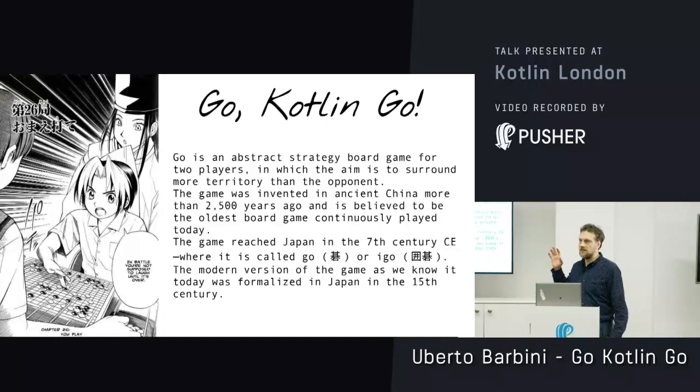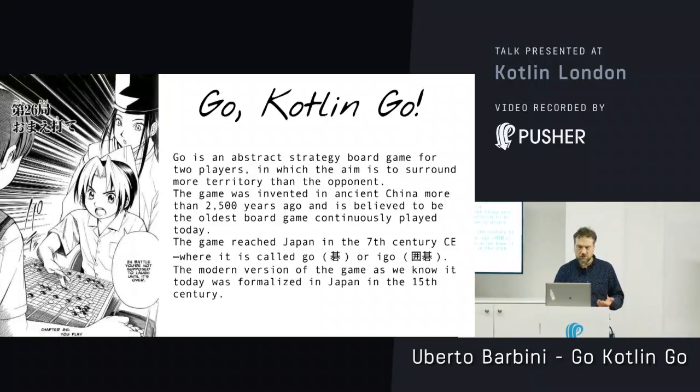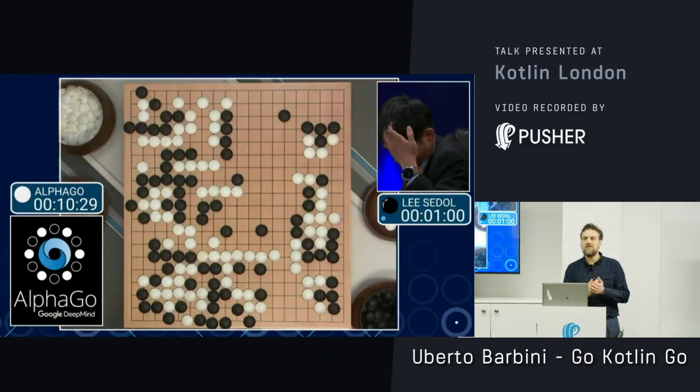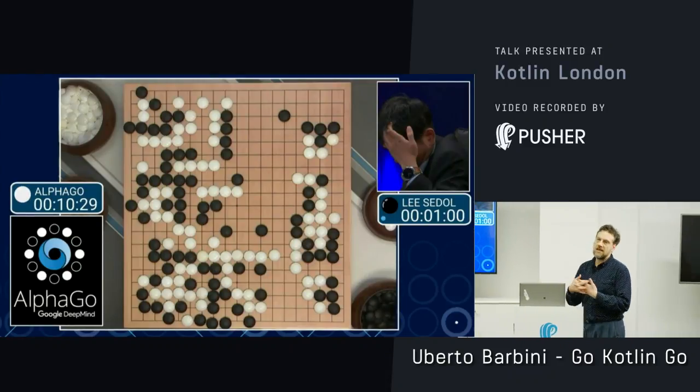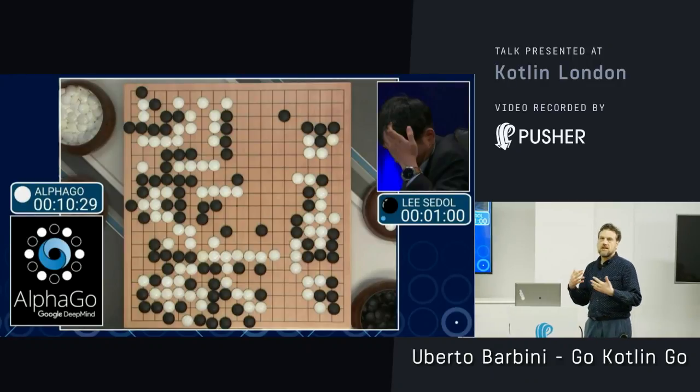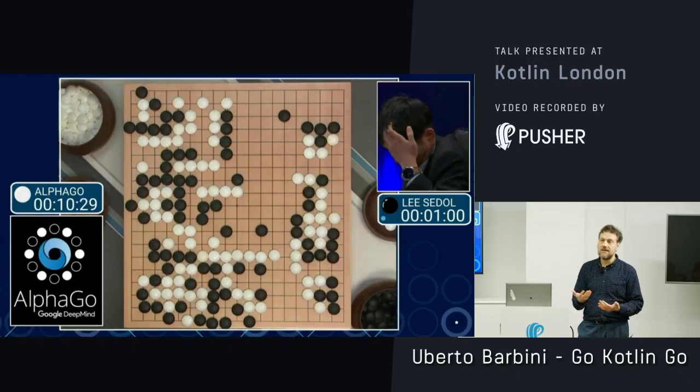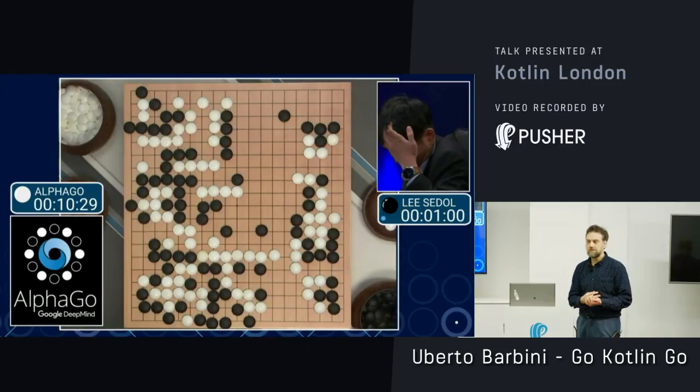Go became very famous because it was the last game where the computer was not able to beat a human. And it was predicted that it would take at least another 20 years for a computer to beat a human. But last year, Google, with deep learning, managed. And this was quite big news. You may wonder why, since in chess computers are already better.